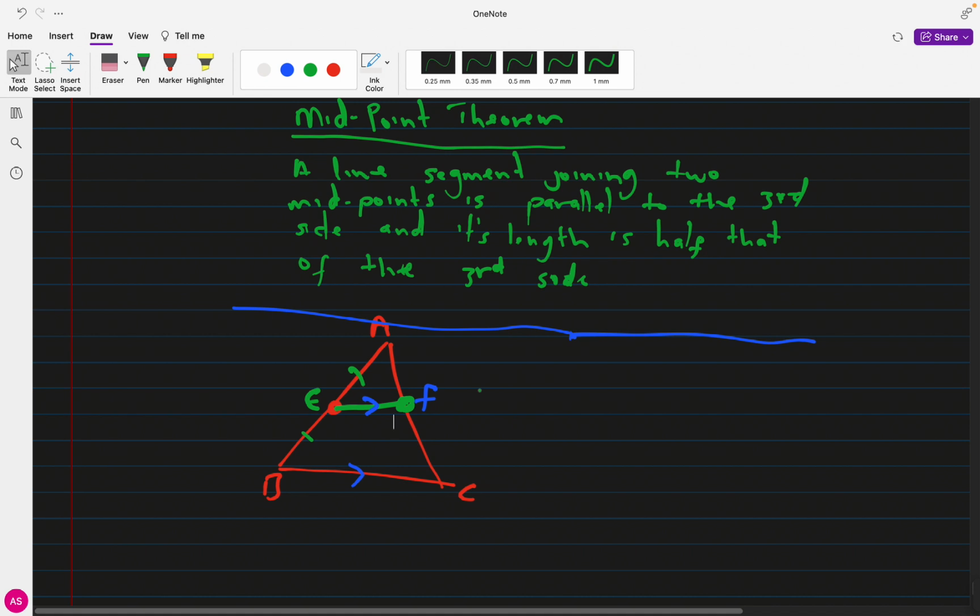You can say this: if a line is drawn through the midpoint of one side of a triangle and is parallel to another side, it will bisect the third side. When you say bisect, you mean that the third side will be cut into two equal parts. If that is too much, we'll try to simplify it. Let's just put it like this: a line segment drawn